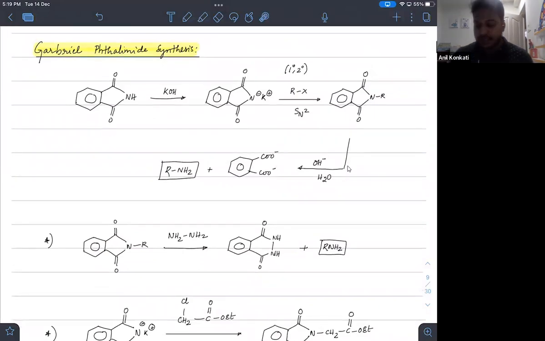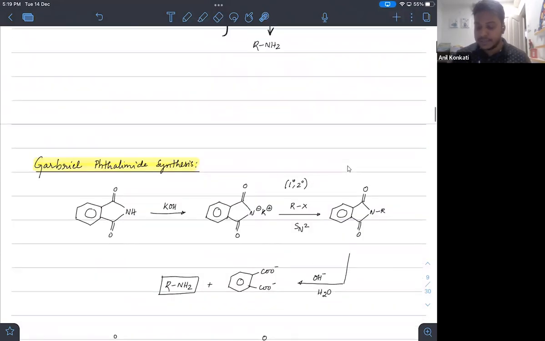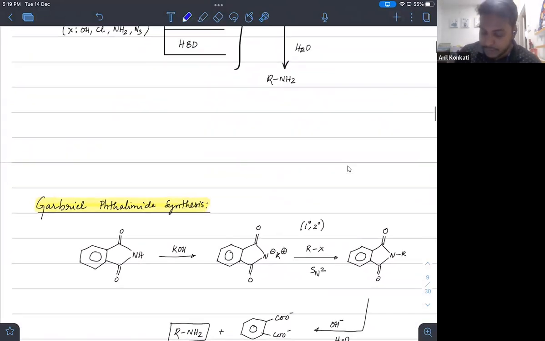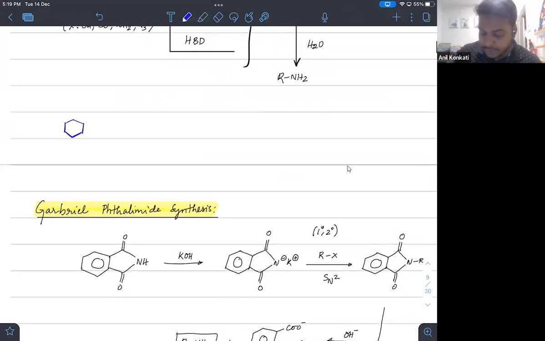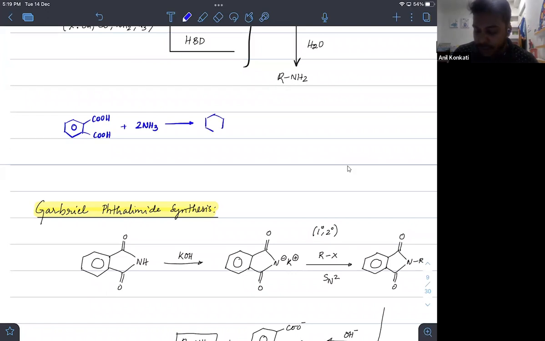Gabriel phthalimide synthesis starts with making a phthalimide. अच्छा, phthalimide भी कहाँ से बनाते हैं? इसको मैं ऊपर दिखा देता हूँ. So we need to take phthalic acid first. So we'll take phthalic acid, COOH and COOH, and then we treat that with 2 moles of ammonia. Okay. देखो बेटा, acid ammonia, whenever you add it, the first thing that happens is an acid base reaction. So it will be like COO minus NH4 plus. This is the first step.